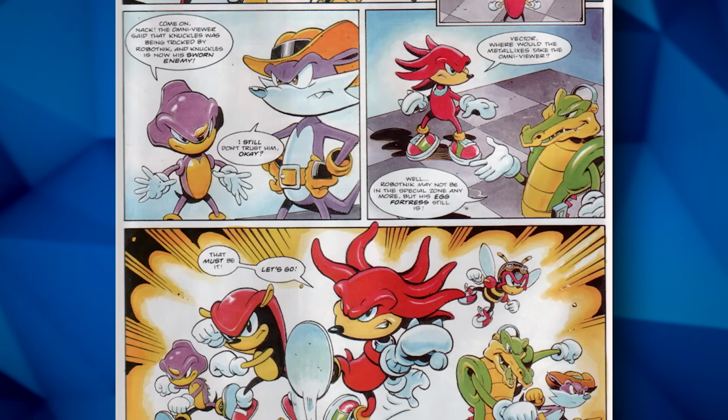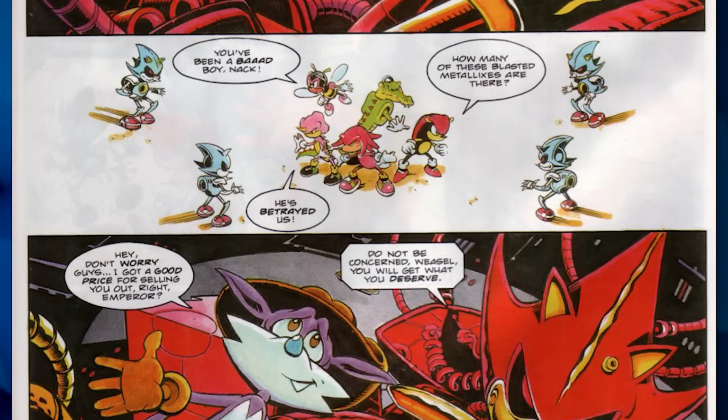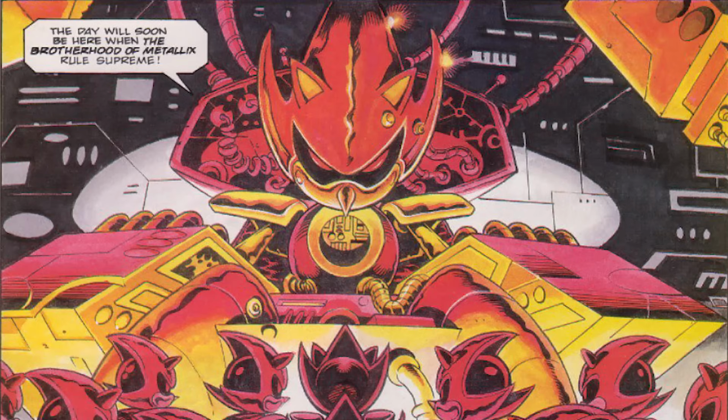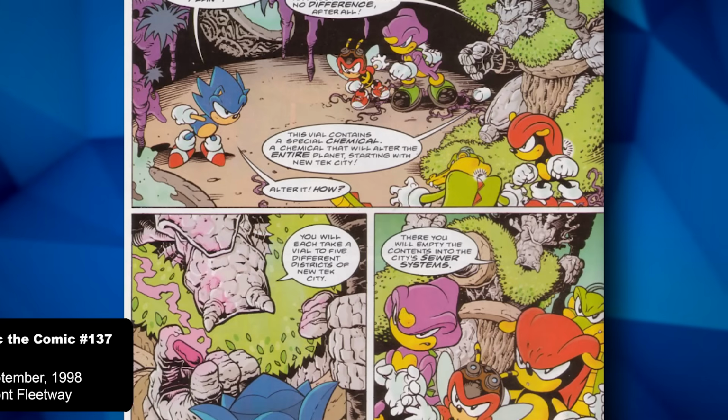Knack in this continuity would betray the Chaotix to side with the Brotherhood of Metallics, basically a million copies of Metal Sonic, which is ruled over by the giant red Emperor Metallics, which bears quite a resemblance to Metal Sonic Kai. The Chaotix dudes would assist Sonic in some issues, but would mainly go up against their own bizarre foes